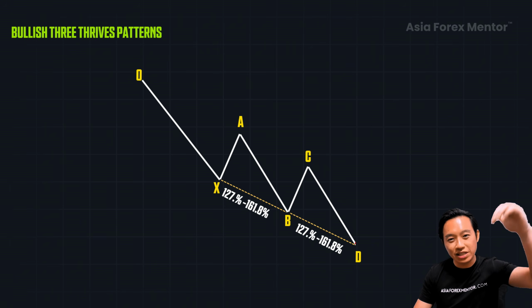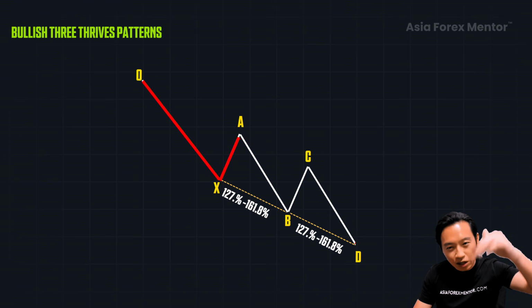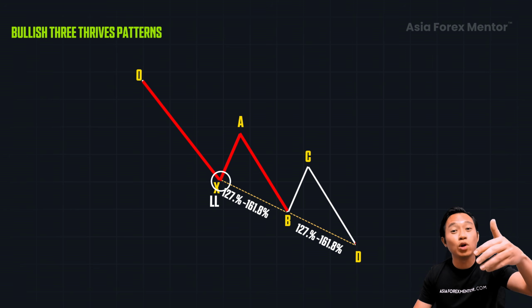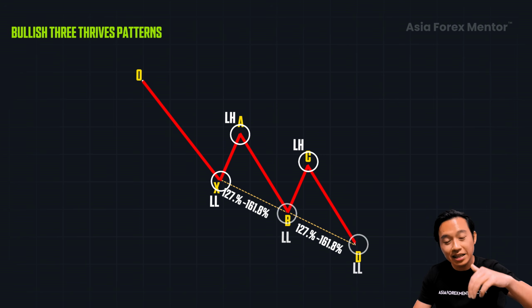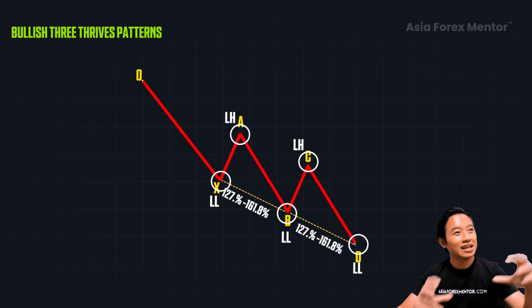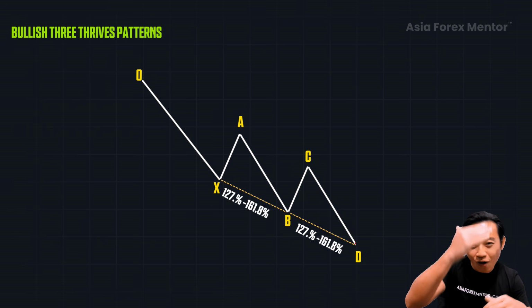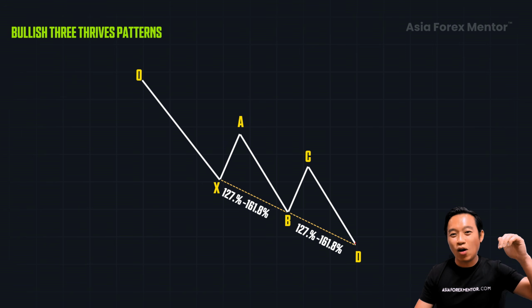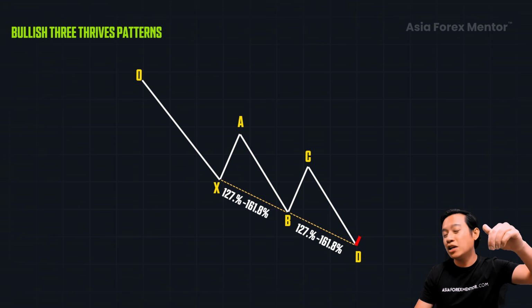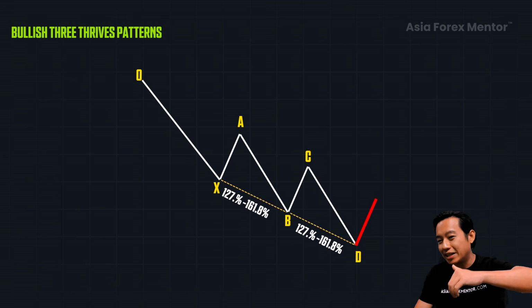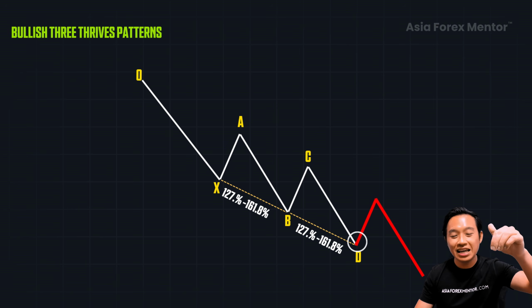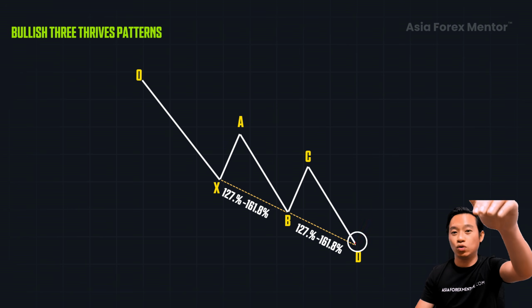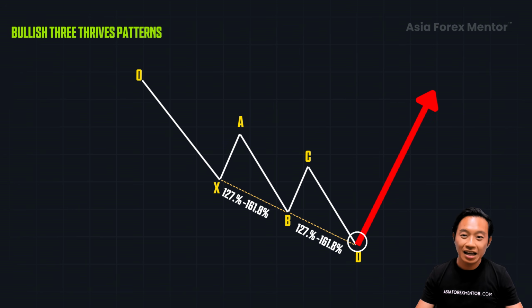The bullish pattern is like price goes down, forms the X, heads up, forms a lower low to a B, heads up, lower high, forms another lower low, forms a D. Lower highs, lower lows, downtrend. But when all these ratios are met, this move from the D upwards may not be a retracement to go back down. This D upwards is now potentially a reversal to go up all the way. Now you know this is not out of nowhere, because the ratios are